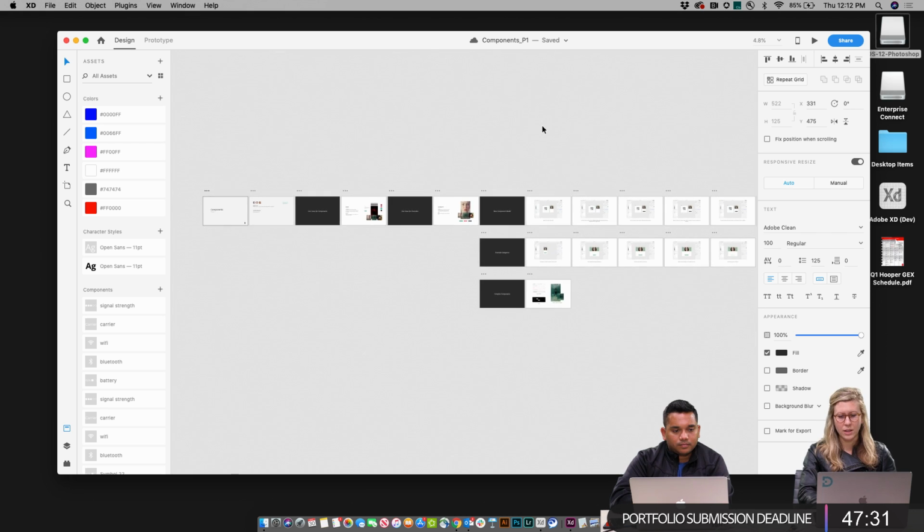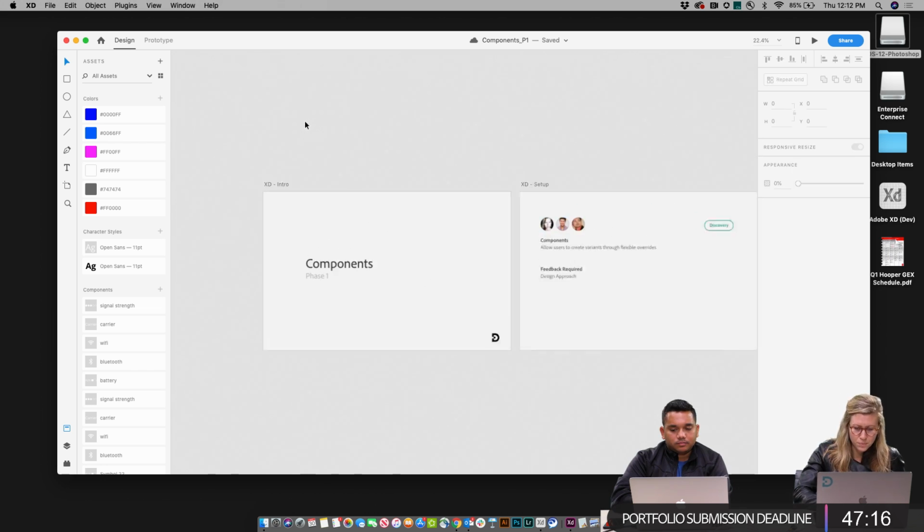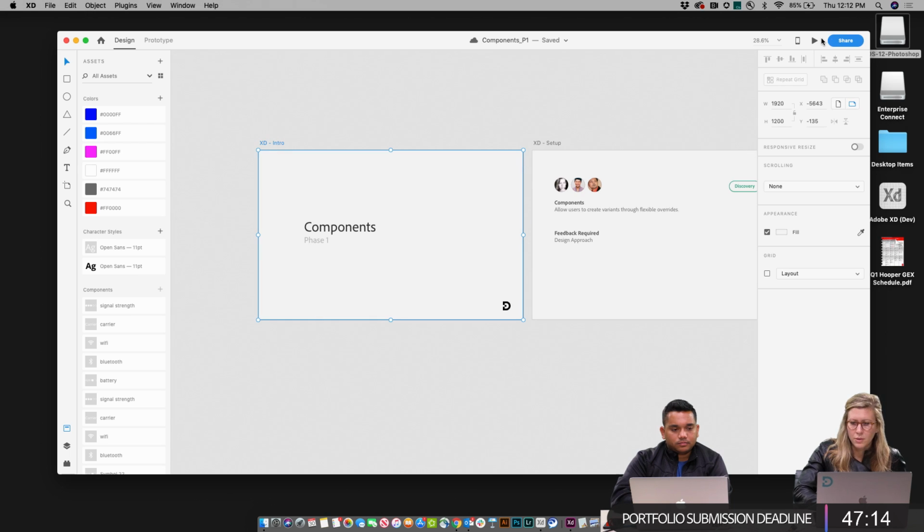In here we've got an overview of the deck. The team has created a little bit of a template to help us get started in the beginning phases, which we call the discovery phase. So for components,